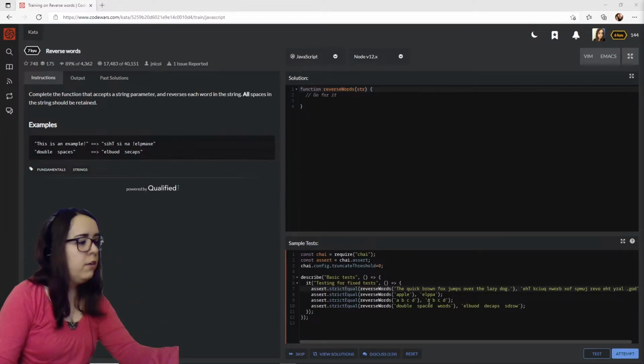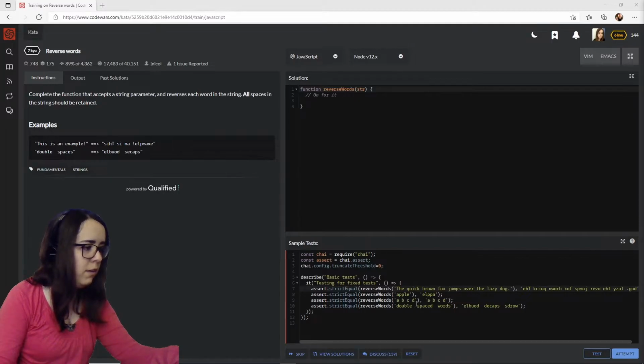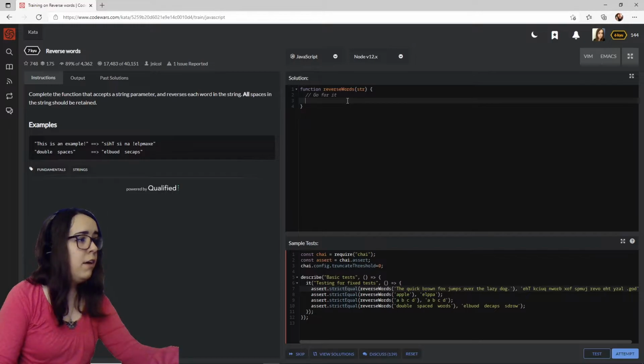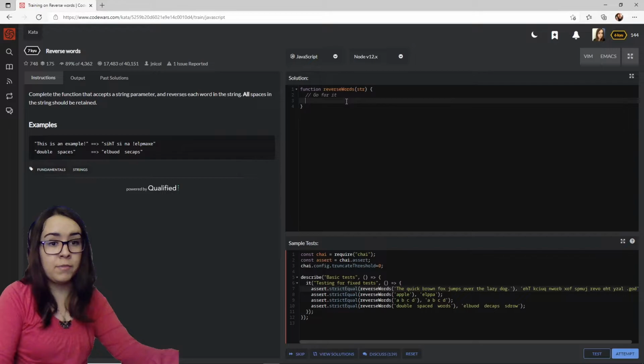We have over here the basic tests that we need to pass in order to complete this programming challenge. In this case, we have the quick brown fox jumps over a lazy dog, we have apple, we have ABCD, and double-spaced words. So we have this empty template, which is a function called reverse words, and it accepts a string as